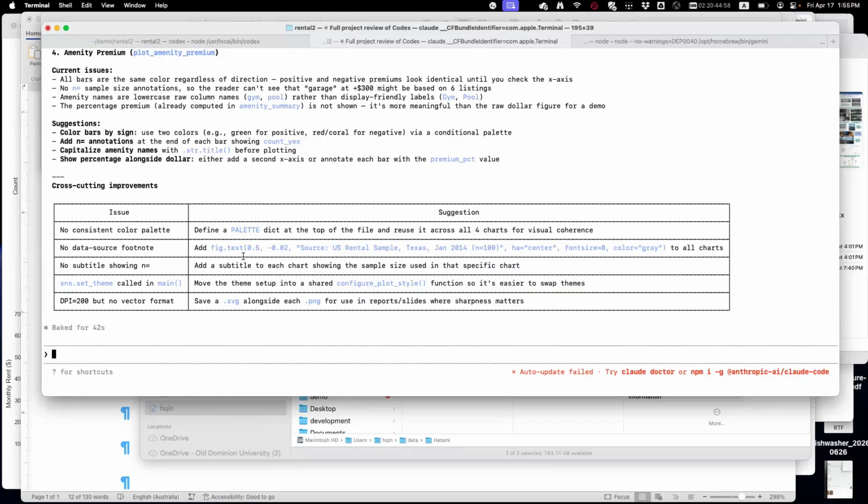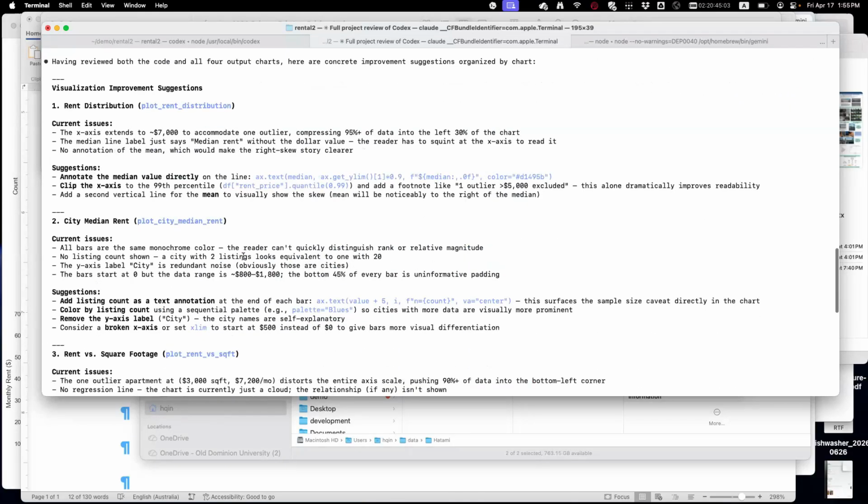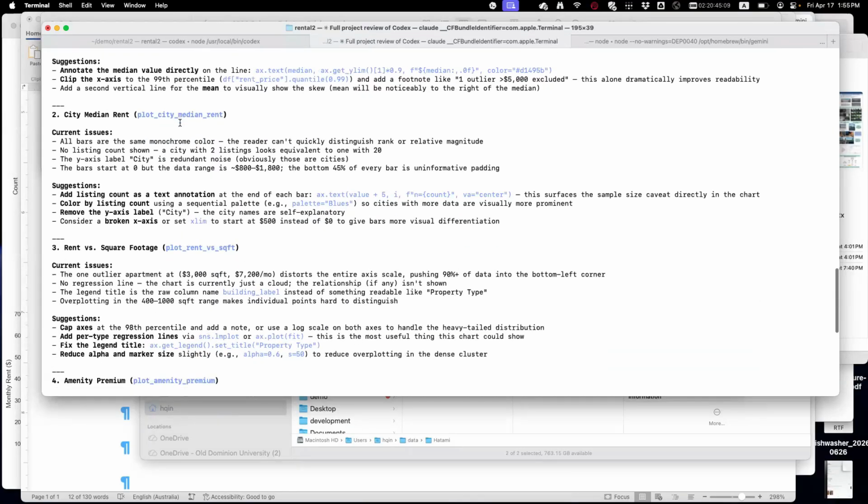Okay. Oh gee, Claude gave a long list of things you can do to improve the visualization. Honestly, I have no idea.